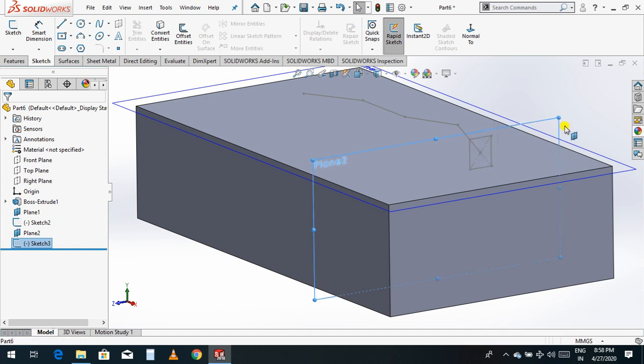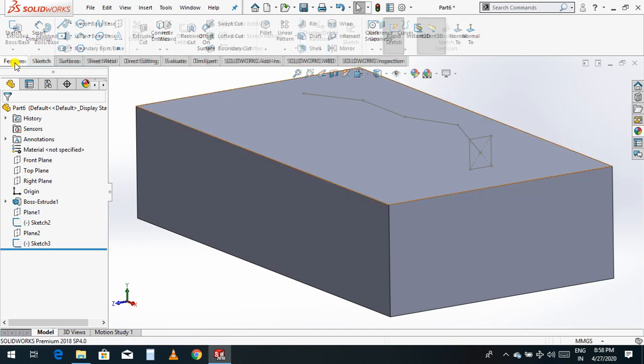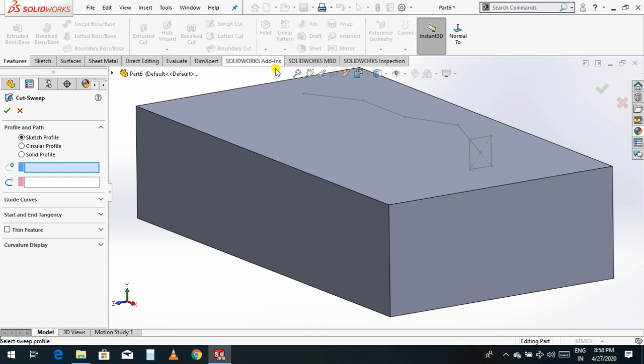and hide this plane. Again, hide this also. Now go to feature and go to the swept cut. Select the profile. This is our profile, and this is the path, so select this path.